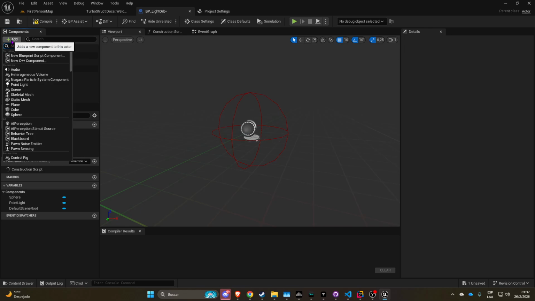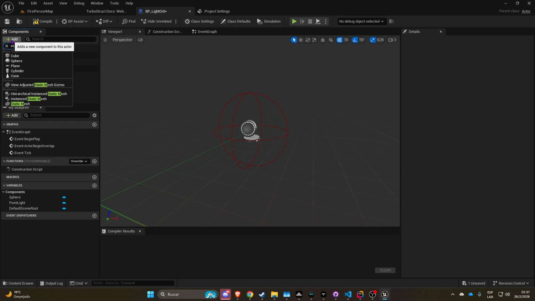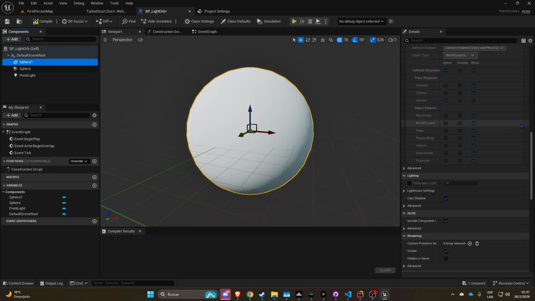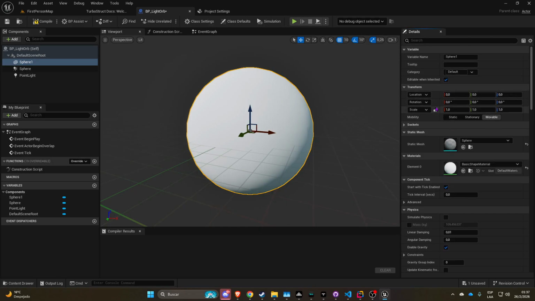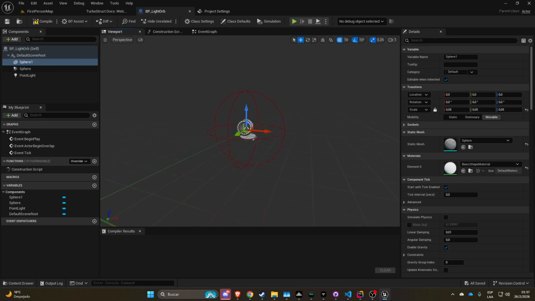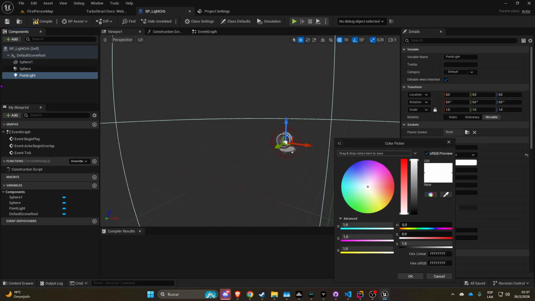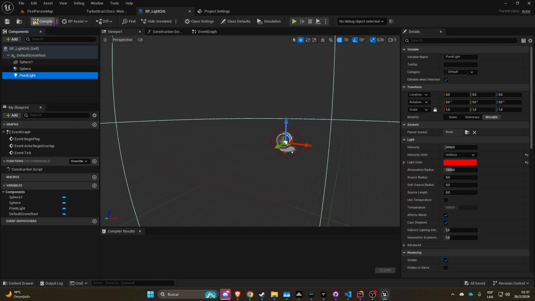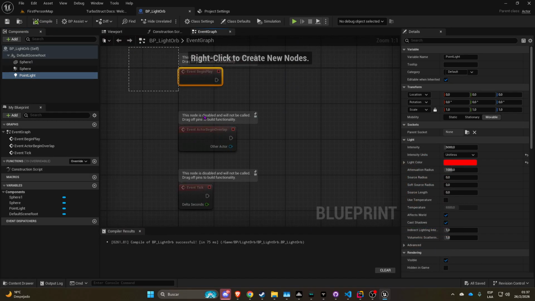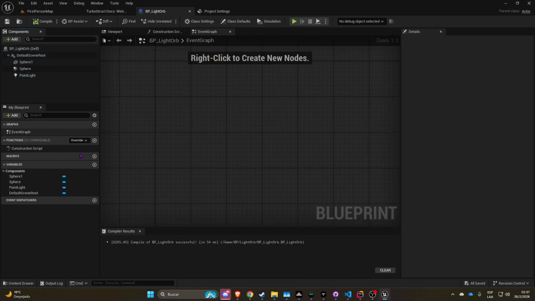Sorry, not a sphere collision, a static mesh, which will be a sphere. And this sphere, we won't touch its collisions or anything, but we'll change its size to 0.05, so it's visible, but so it doesn't bother us either. We're going to change the light's default color to red. Then we'll save that, and after that, we're going to come over here and say, alright, we need to interact